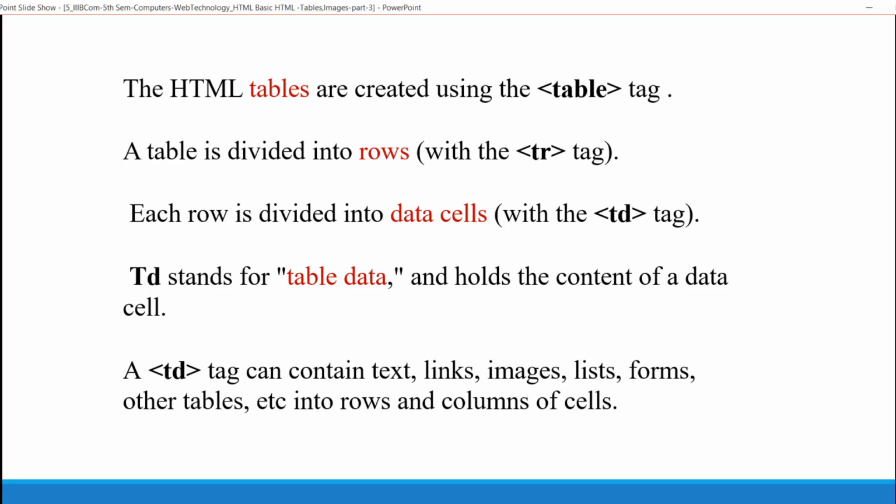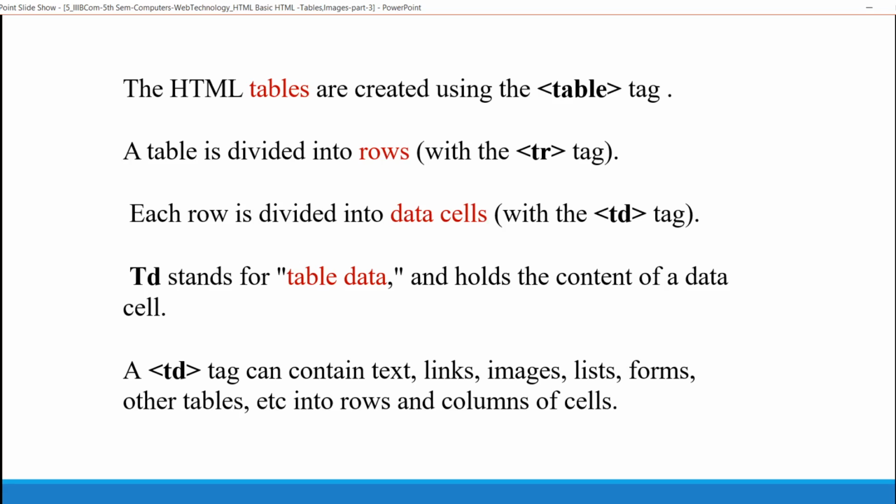HTML tables are created using a table tag. A table is divided into rows and columns. A row is divided into data cells.